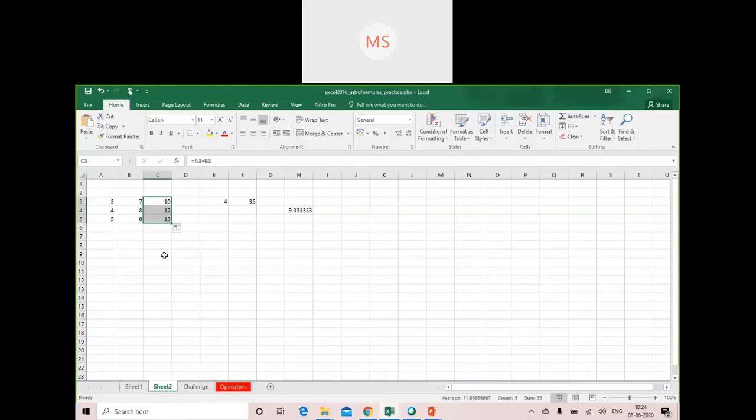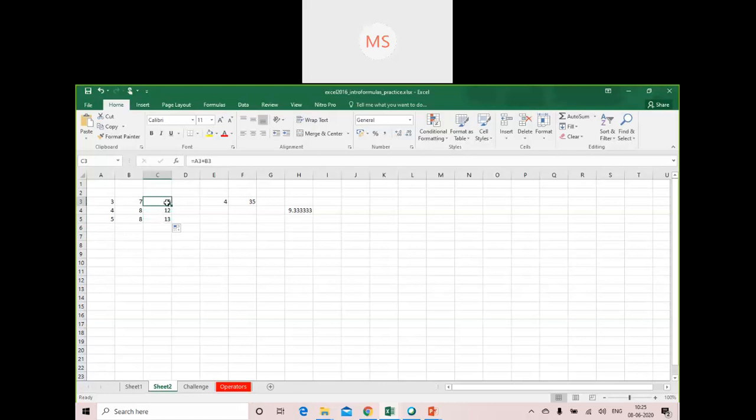The moment you do that, the formula here is automatically copied to C4 as well as to C5. As is clearly visible, the cell references used are A3 plus B3. Here automatically it changes to A4 plus B4 and here to A5 plus B5. I didn't need to type this; it happens automatically.